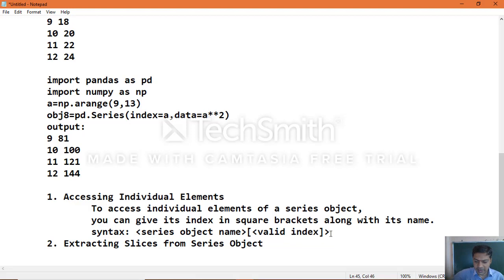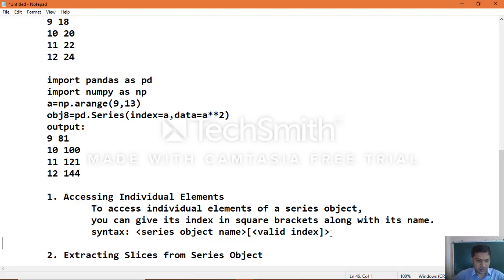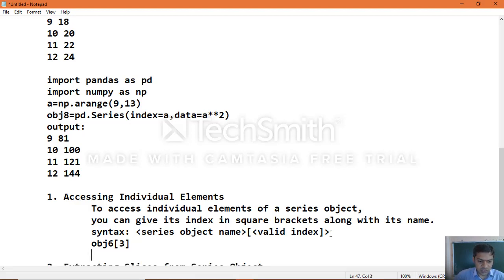Now, we created objects 5, 6, 7 and 8, different objects. We'll just take it as an example: obj6 of 3, the index number. When you specify this, what would be the output?